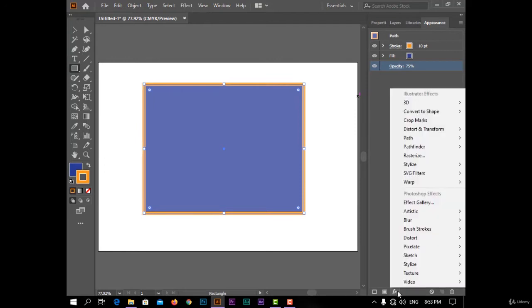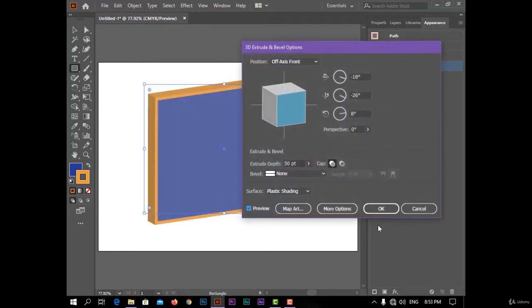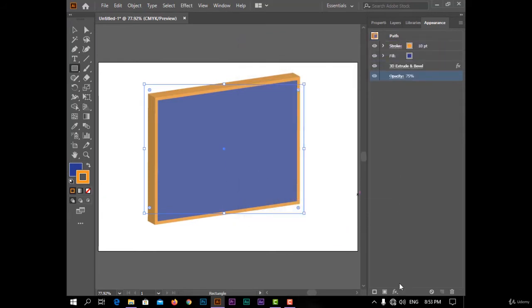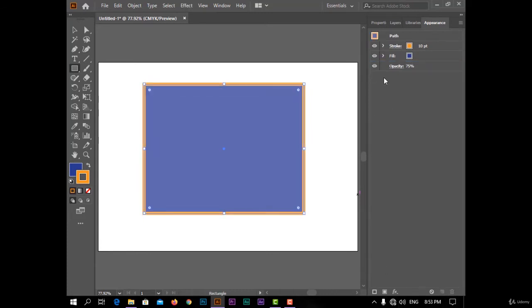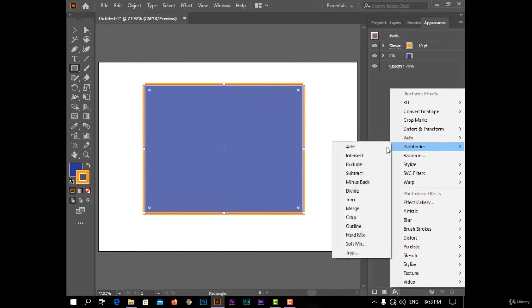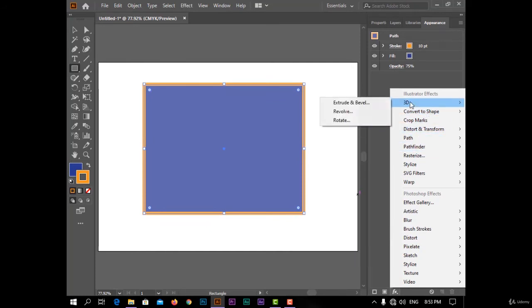or I can add new effect from here like 3D like this, and I can make a new stroke or new fill or delete any one of here or clear appearance for any shape, or I can delete any of selected, like I can delete the effect from here like this, and I can make any effect